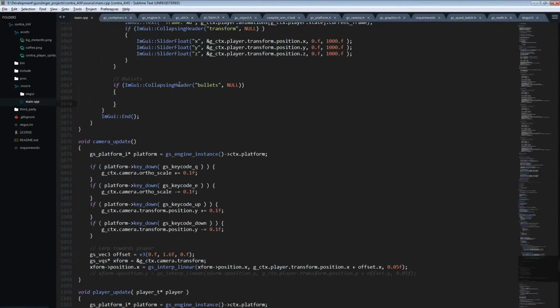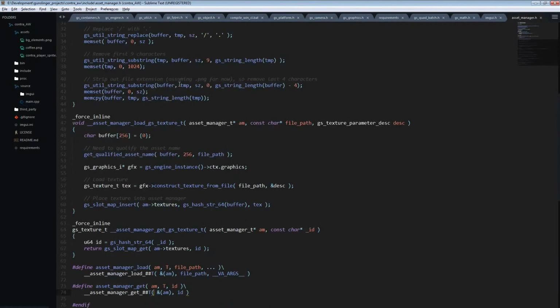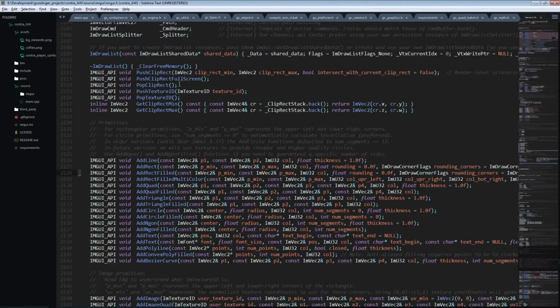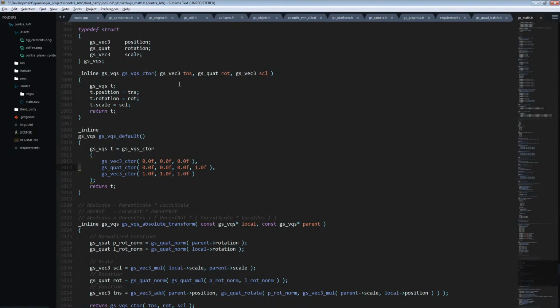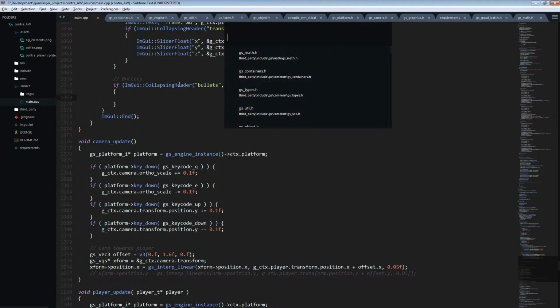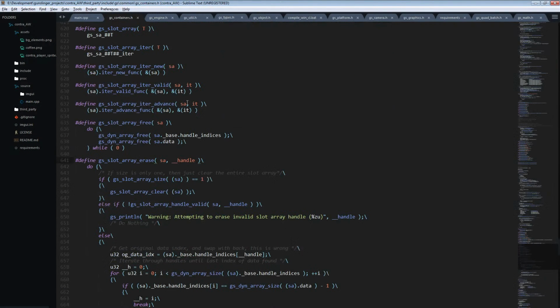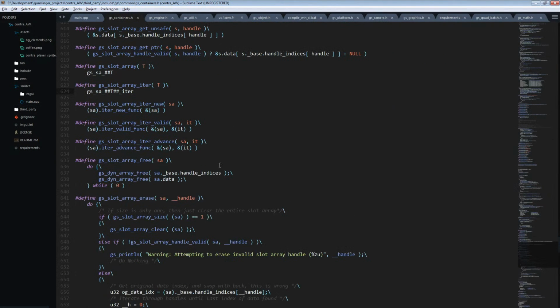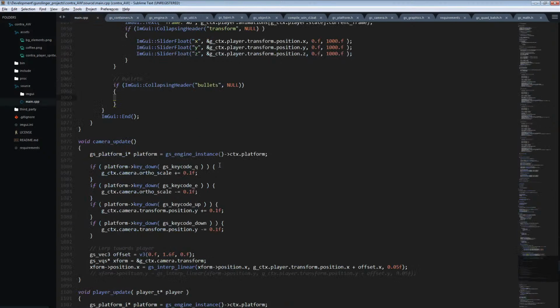So we want to iterate through the bullets. I actually have a way to do this. So we have iterators that we can actually use for these. So we're going to define, no, let's just do for